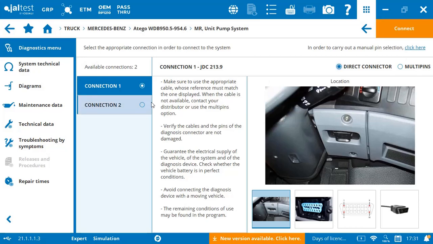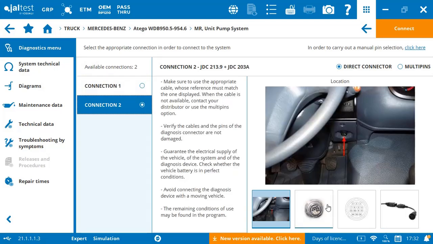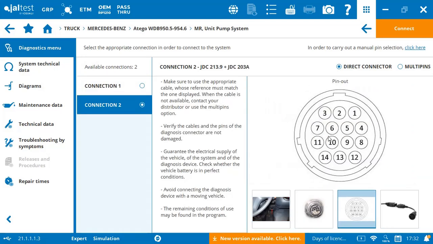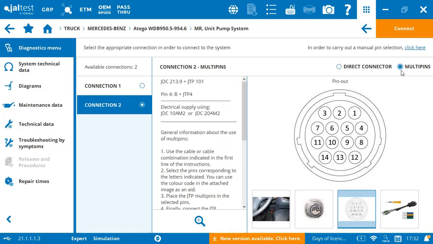Now, in case we don't see a 16 pin and we see this type of connector, then you're going to have to use this connector from your kit. And what if you don't have this connector? What will happen? Well, you could use multi-pins. And in multi-pins, if you have a multi-pin kit, multi-pin tells you